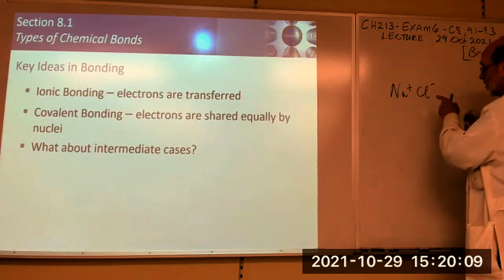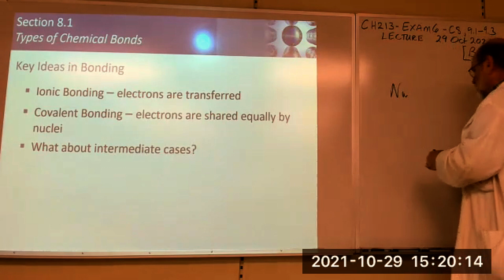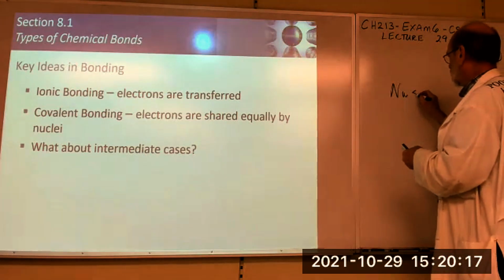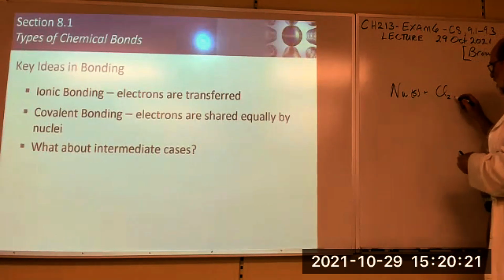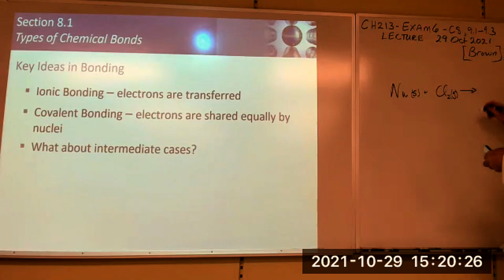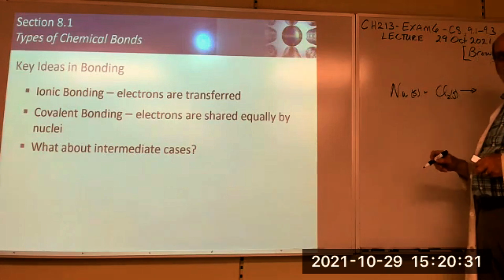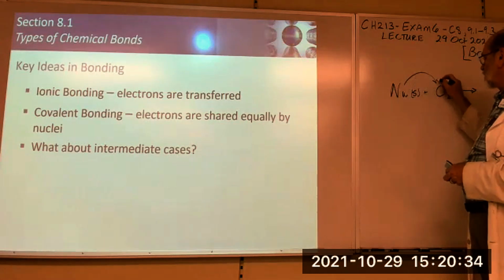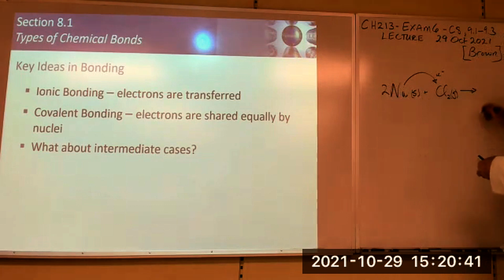But in order for this to happen, for instance, this type of reaction might occur. Sodium's a solid. Well, chlorine's actually diatomic. It's a gas. So when that happens, you get electrons transferred. Sodium is a metal. Metals like to give up their electrons. So sodium transfers electrons to chlorine, makes a chloride ion. And of course, to match that, we need two of them. And then you form two sodium chloride